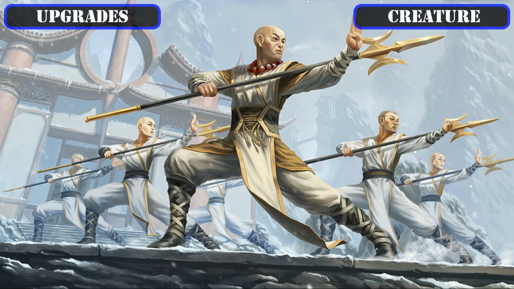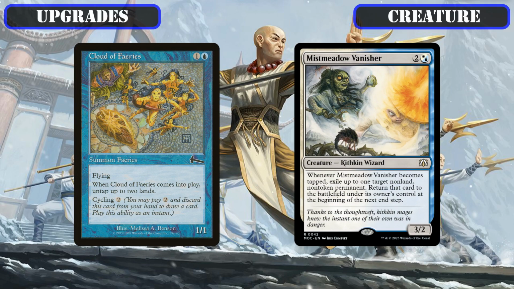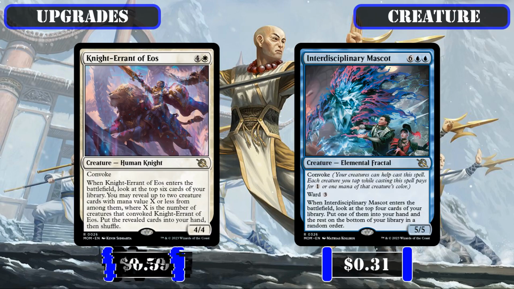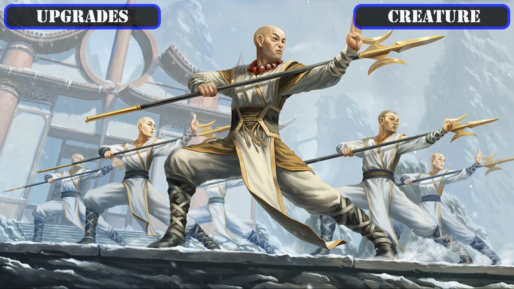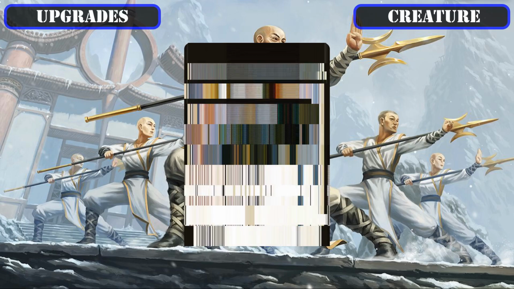Then from there, we'll shift our efforts to add in some additional convoke creatures to the build to proc our commander more often, with Cloud of Fairies and Mist Meadow Vanisher both being cut due to being too flicker focused to find much use in this build, in favor of Knight Errant of Eos and Interdisciplinary Mascot, both of which can be convoked, possess bigger stat blocks, and whose ETB effects can help us dig deeper into our decks for more resources, and the bit too basic convoke creature Flight of Equinaughts being exchanged out for the newer Zephyr Singer,